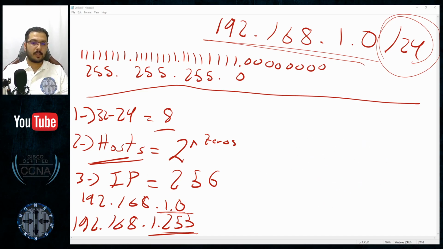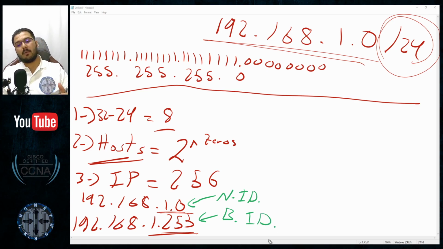Why? The first one is called the network ID, and this is an identification representing the network. Whenever an IP address that belongs to this domain travels the world, when they ask it, for which network do you belong? I belong to the network of the ID of 192.168.1.0. Step number 2, the last IP address you also cannot use for your computers. This is an important thing, and it's called the broadcast ID. This one cannot be used as well.